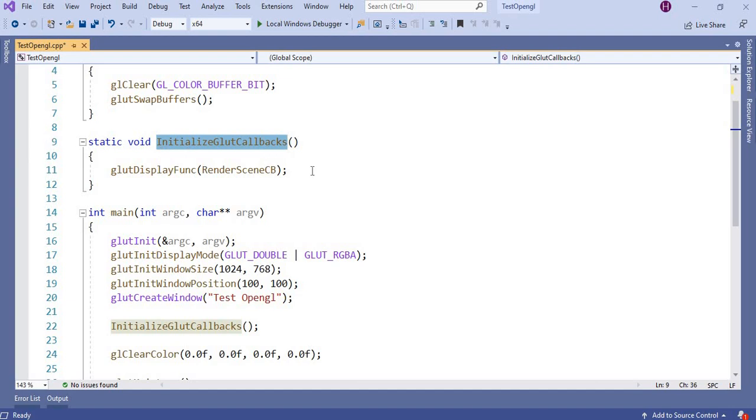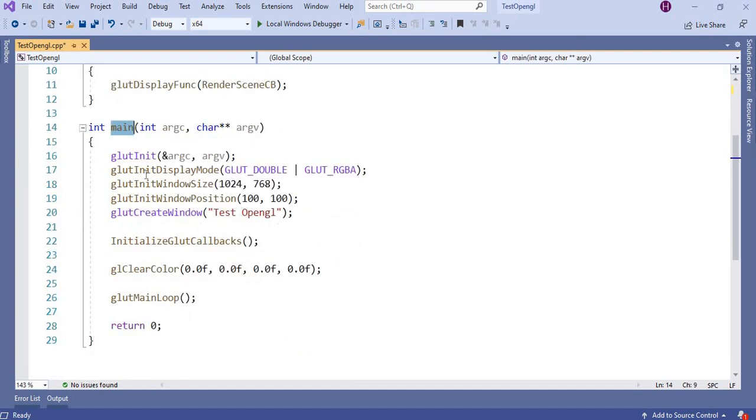Initialize your glut and then create a main function. Inside the main function you have to give the mode, window size, window position and window name, and then window colors, background color. So we'll run this.